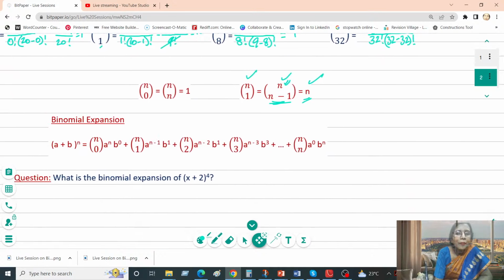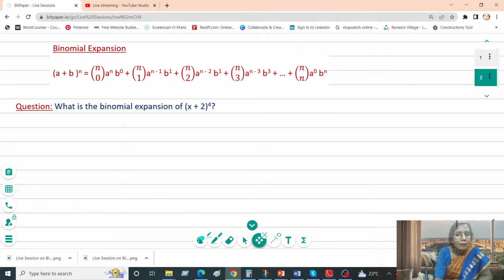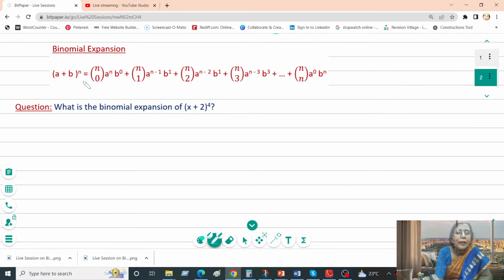Now coming to the binomial expansion. We have done the binomial expansion in our previous session as well, but this is the general form of the binomial expansion with the variables. So (a + b) raised to the power of n is equal to, the first term's coefficient, we have seen that to be equal to nC0. A will be raised to the power of n. Actually, it is raised to the power of n minus 0. Okay, that is equal to n.